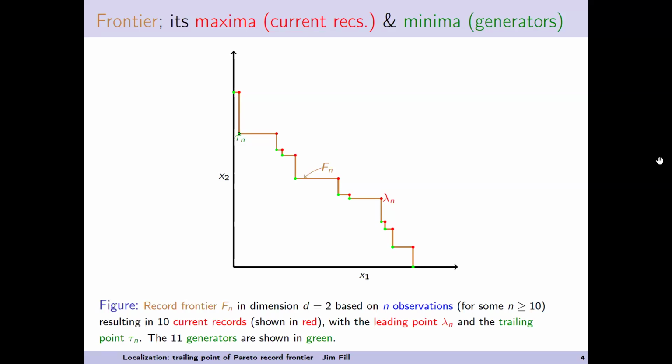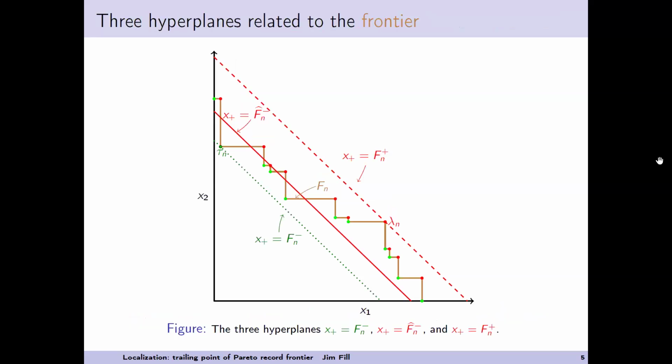describes the history. In particular, Yuli Baryshnikov, a semi-regular attendee of AofA, claimed in 2000 that there was a central limit theorem for the number of maxima at time n, as you know, a normal approximation as n tends to infinity, and that was first proved in the 2005 paper by the 4 authors I just mentioned. One of the key components to their proof of the central limit theorem was to notice that the observations that the remaining records, or the maxima at time n, are sandwiched between 2 thinly spaced hyperplanes. And